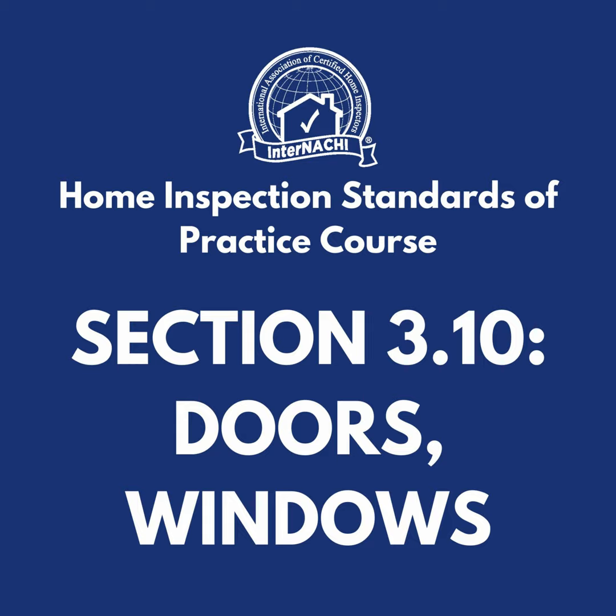InterNACHI has a step-by-step checklist for inspecting a garage door opener. It is located within the free online How to Inspect the Attic Insulation, Ventilation, and Interior course. Standing inside the garage but safely away from the path of the door,